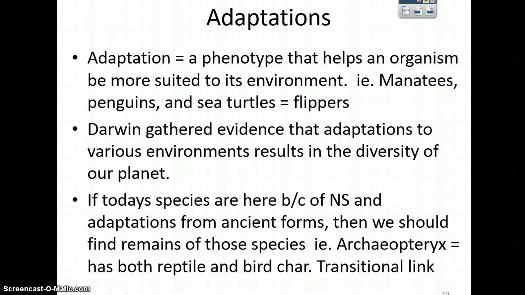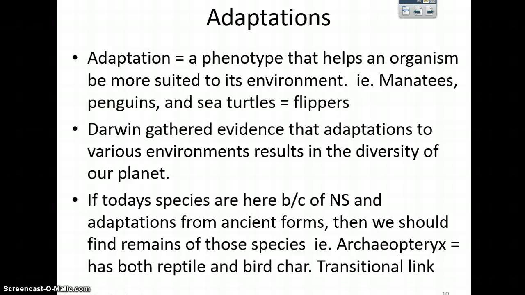An adaptation, that is a phenotype that helps an organism to be more suited for its environment. For example, manatees, penguins, and sea turtles have flippers. Primates have opposable thumbs. That's our adaptation. It's allowing us to survive in our environment. And so Darwin, what he has done, he gathered evidence that adaptations to various environments results in the diversity of our planet. So the different adaptations needed to survive in the many different environments out there has led to the